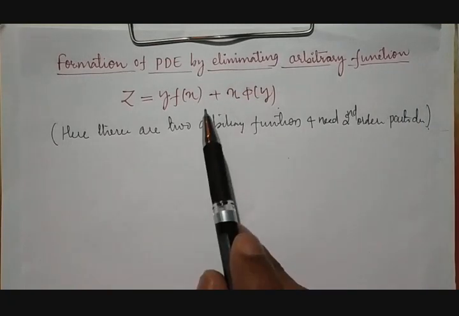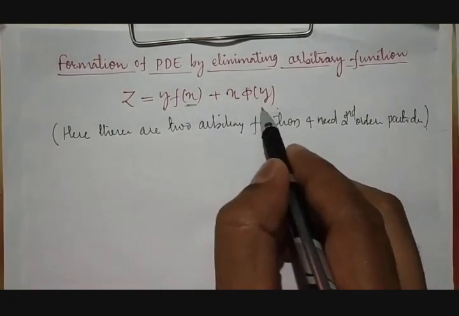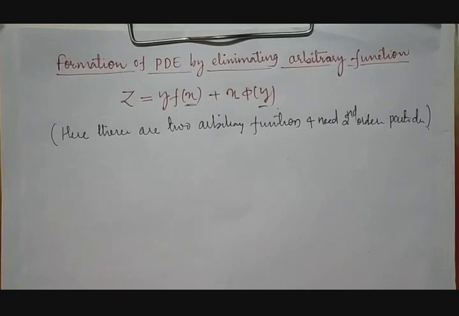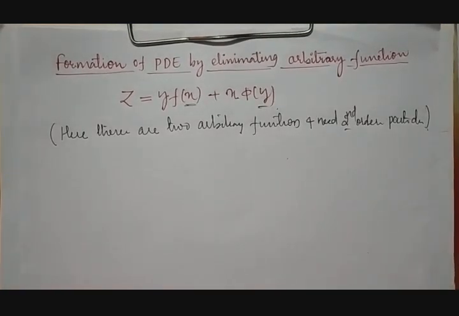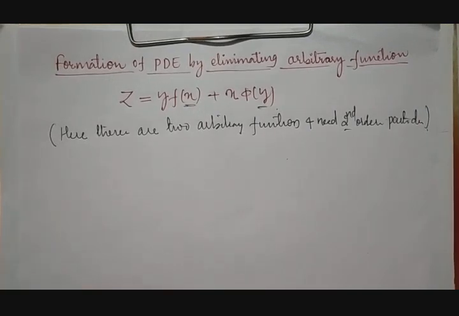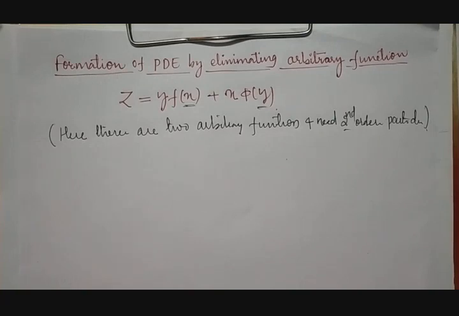When there are two different functions available in a given equation and we need to construct a partial differential equation out of it, then 100% we need to go for second order partial derivatives. Then when we need up till second order, what all the things will come in that one? To construct a second order partial derivative with respect to x, automatically first we need to go through first order with respect to x. Similarly with respect to y also.